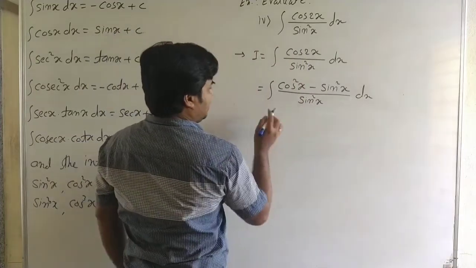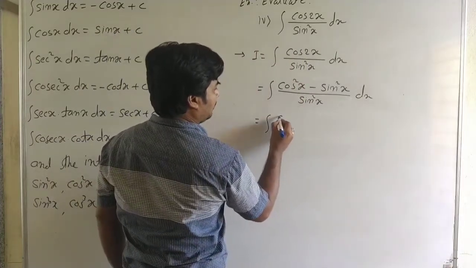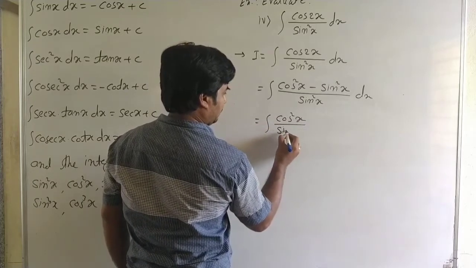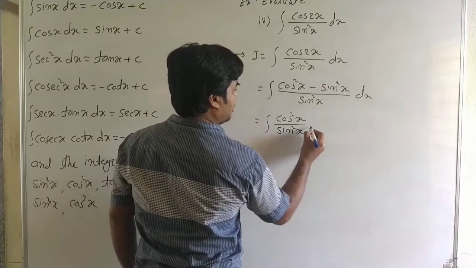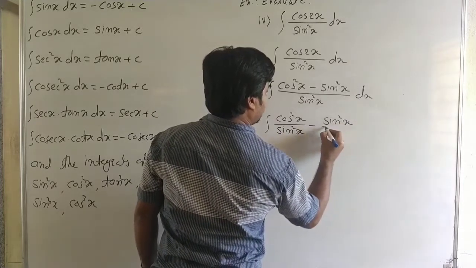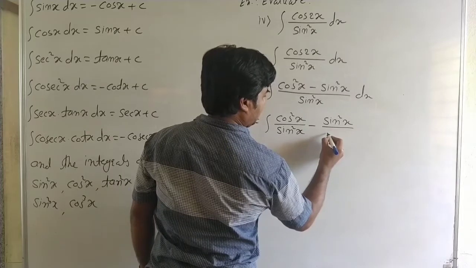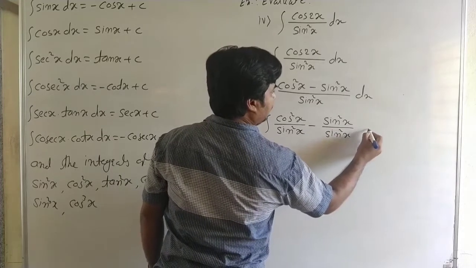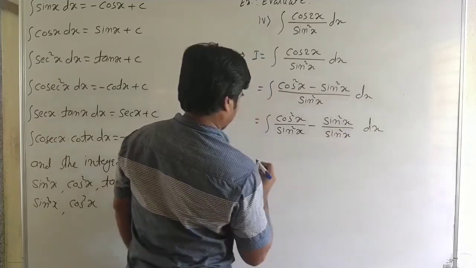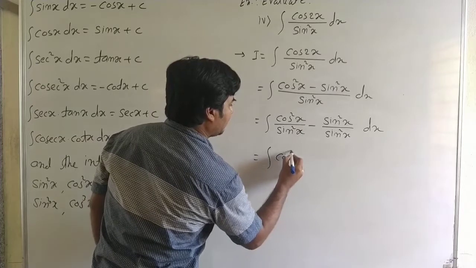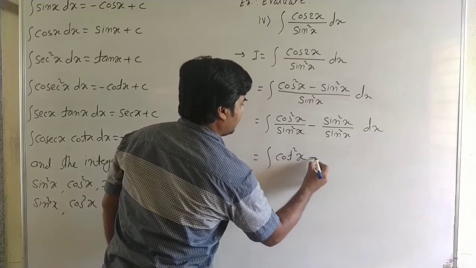Now separate the terms: cos square x upon sin square x minus sin square x upon sin square x. Sorry, it is sin square x in the denominator, and then it is cot square x minus 1